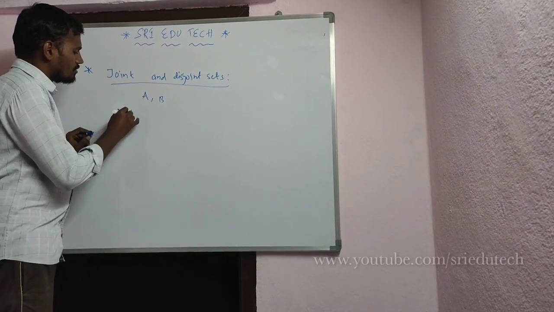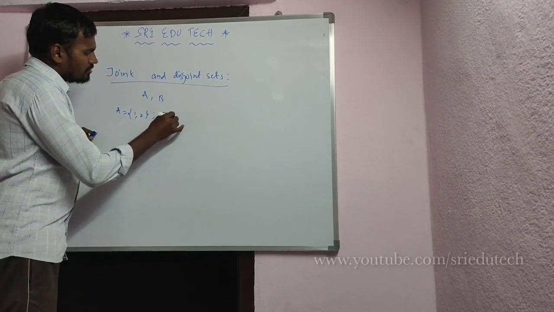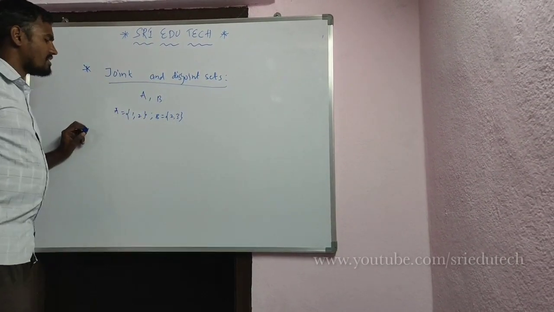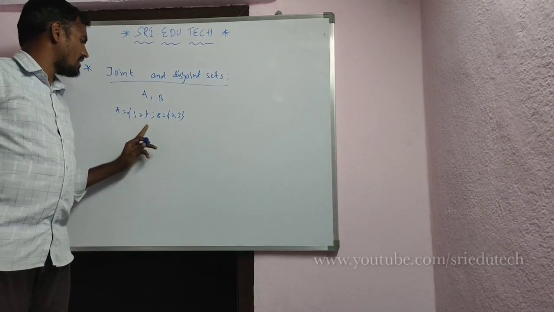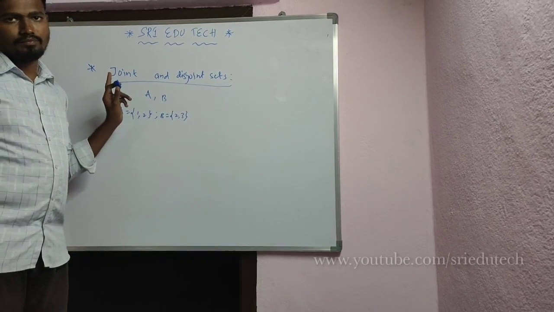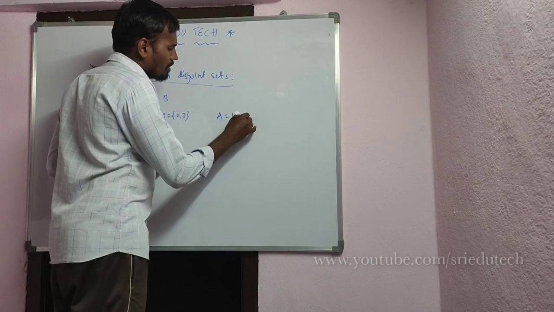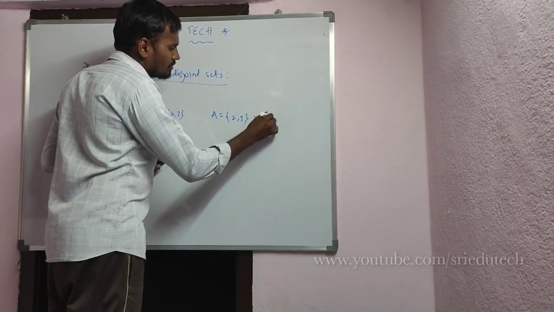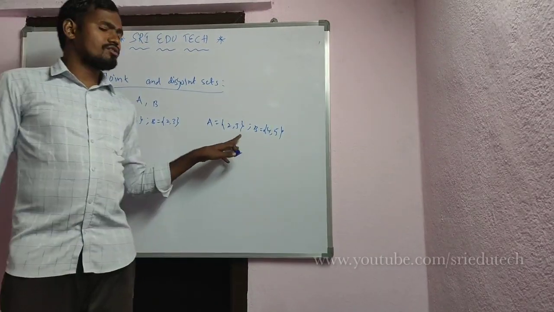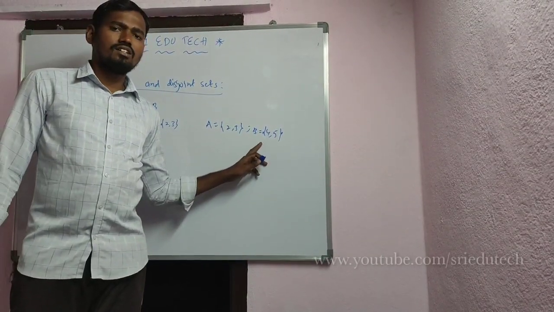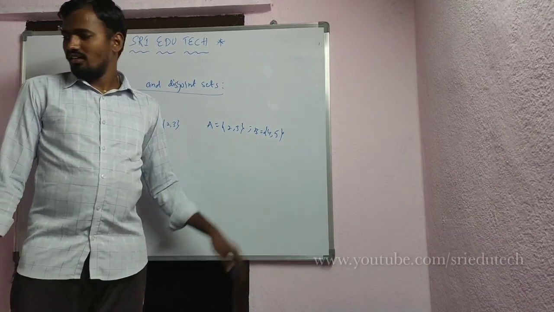A equals 1, 2 and B equals 2, 3. In these two sets 2 is the common element, that's why it is called a joint set. Next, A equals 2, 3 and B equals 4, 5. In these sets there are no common elements, that's why it is called a disjoint set. Next,